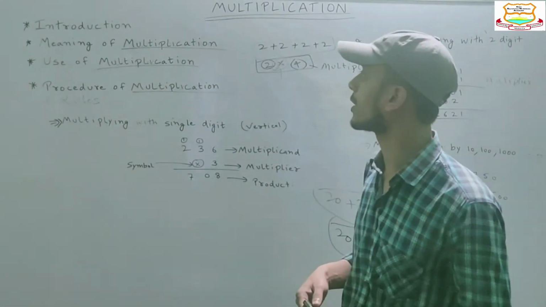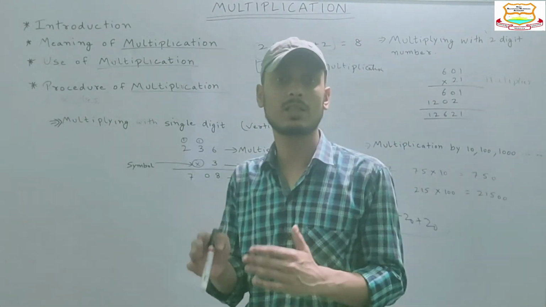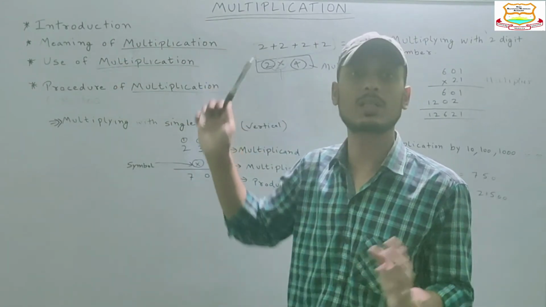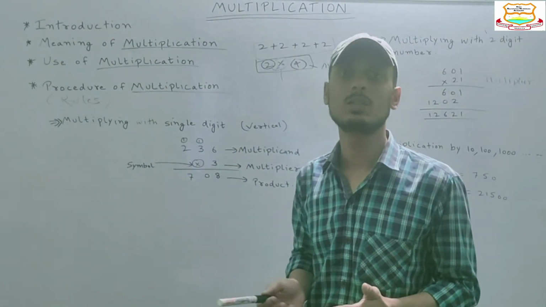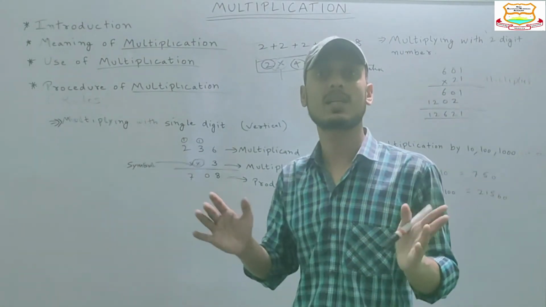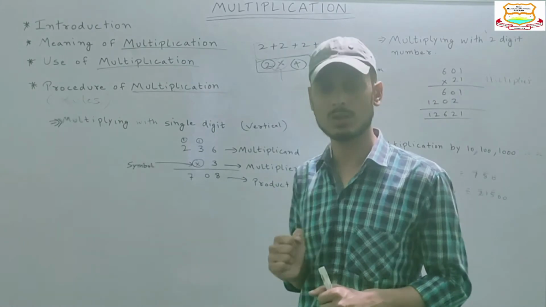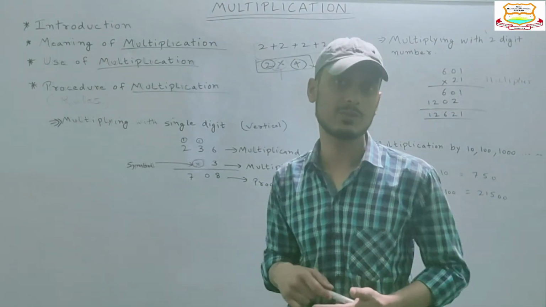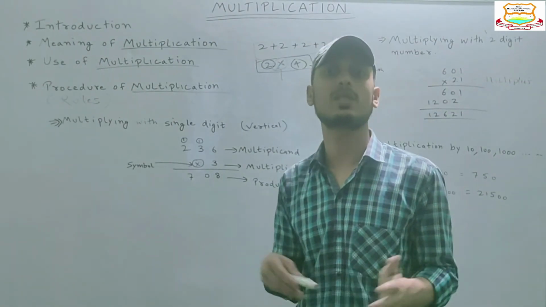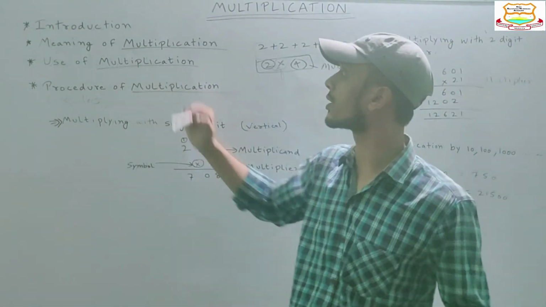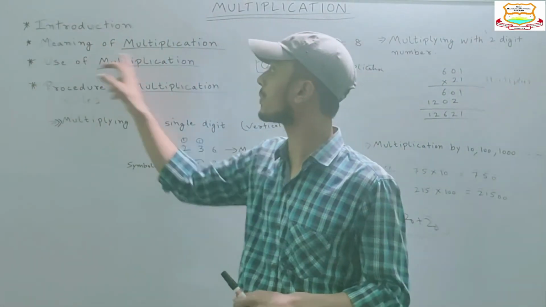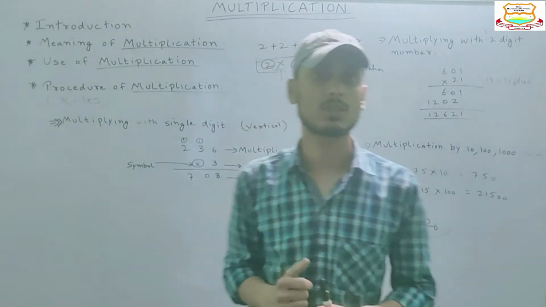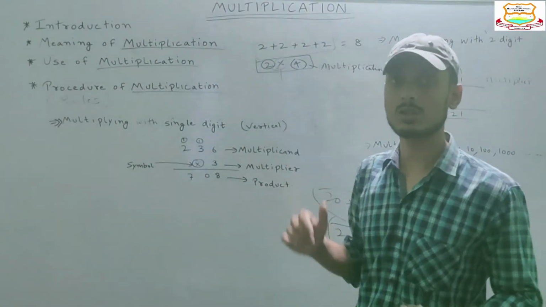Before ending this topic or chapter, let us revise what we have studied. First we saw the introduction to multiplication. What is multiplication? Multiplication is an operation in mathematics. Got it? It is a very important operation. It is used very frequently in our daily life. The use of multiplication is very vast. Then, what is the meaning of multiplication? This is a very important topic to understand, because if you understand anything, you can operate it and use it more precisely.